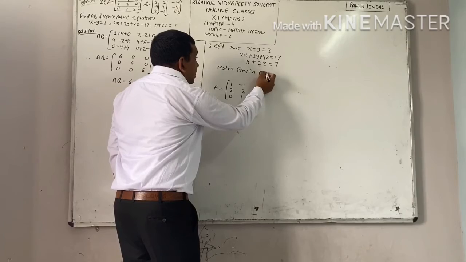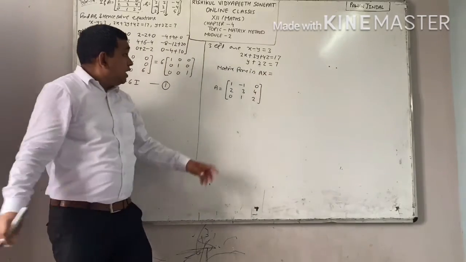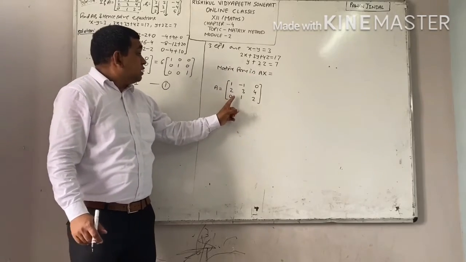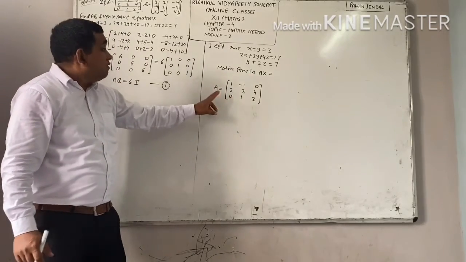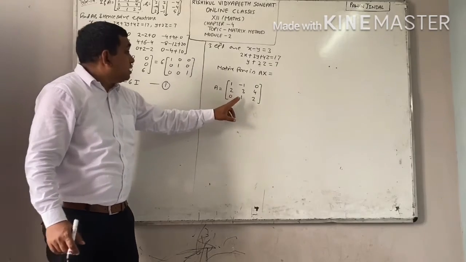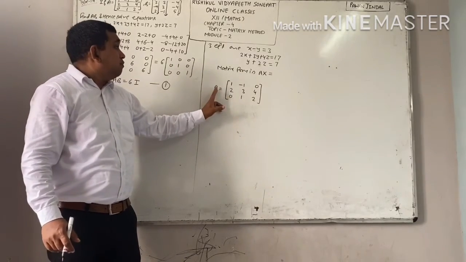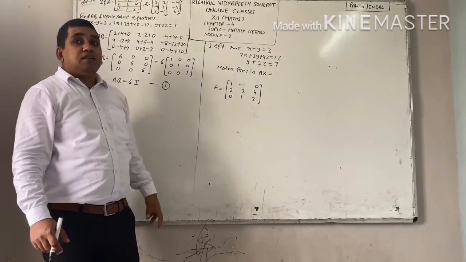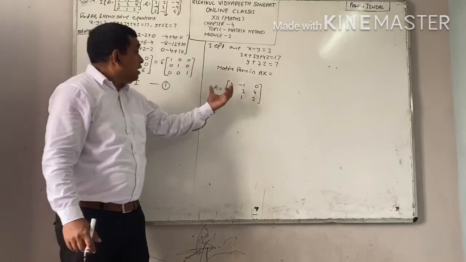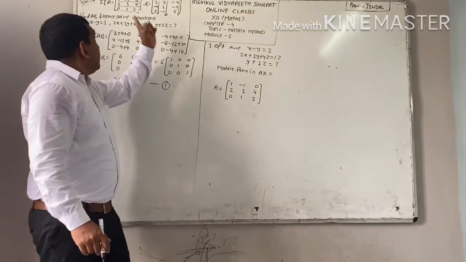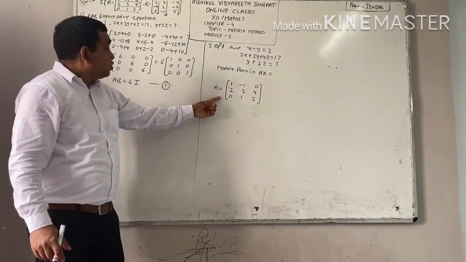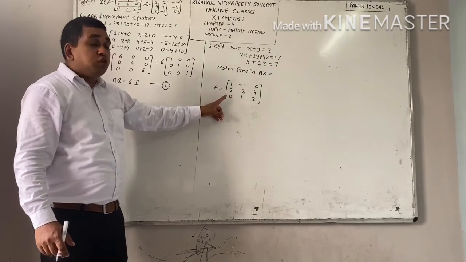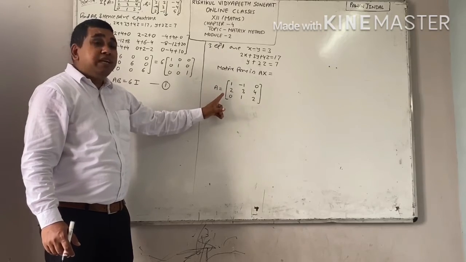I will write down AX. If this is equal to B, I will write here B. If this is equal to A transpose, I will write here A transpose. If this is equal to B transpose, I will write here B transpose. Means 4 cases will become here. First case, I am repeating, this value may be equal to A as in this question. This value may be equal to A transpose. This value may be equal to B. This value may be equal to B transpose.